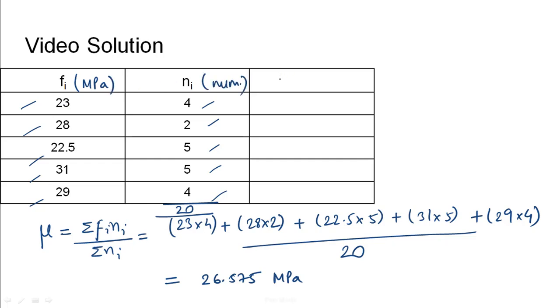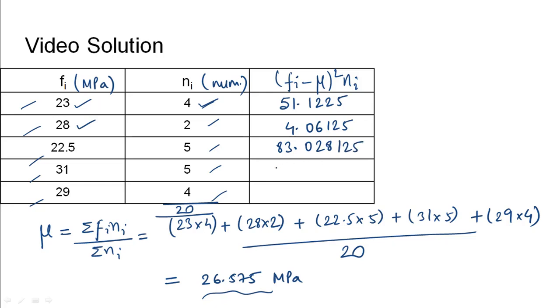Now we need to find the standard deviation, for which we will need Fi minus mu whole square into Ni. So for the first category we would subtract 26.575 from 23, square the value and then multiply it with 4. That would give it as 51.1225. Similarly we would subtract 26.575 from 28, square it and then multiply it with 2. That would give the value as 4.06125. Similarly for other categories we will get